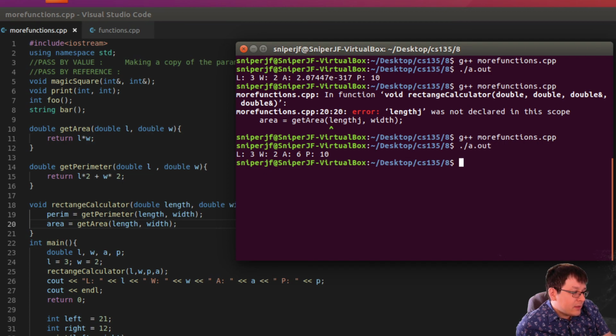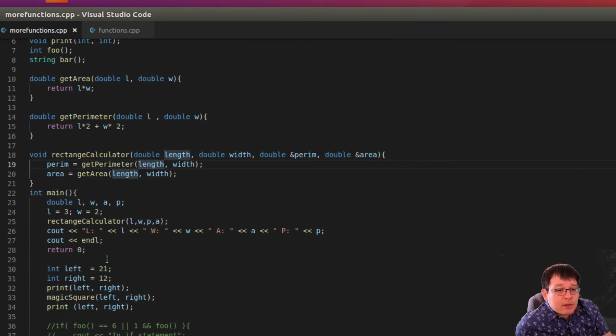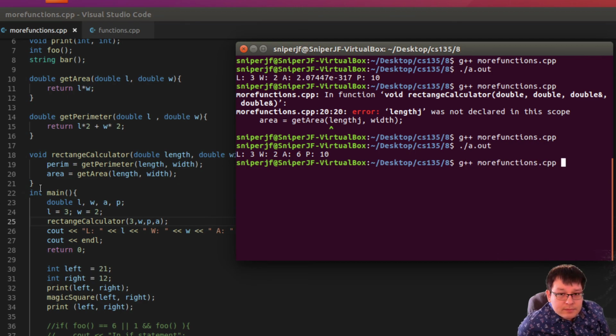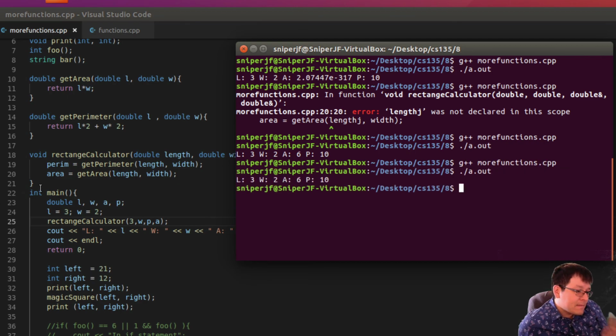Let's see what else we want to say. Suppose we would do something here with our calculator. Suppose that instead of passing it the length like this, 3, we actually pass 3 here. This is no problem. This will work just fine. But